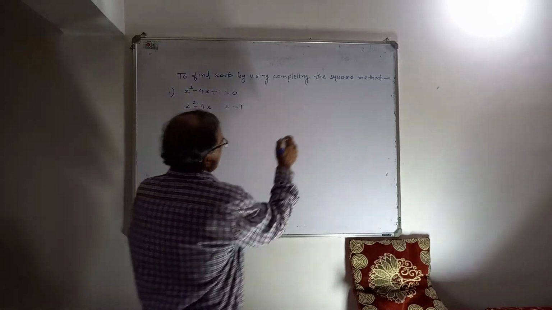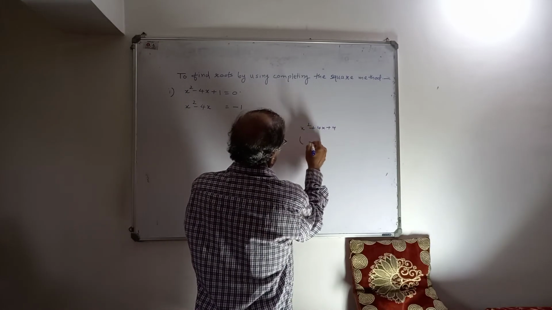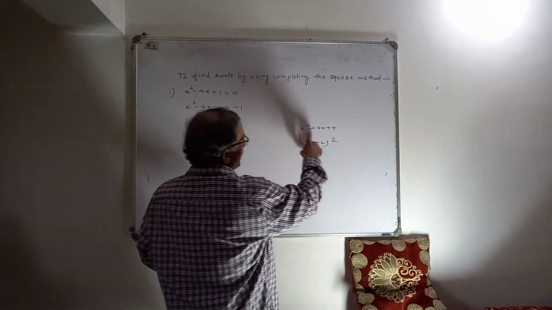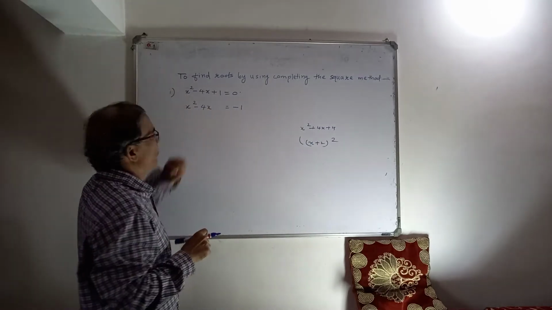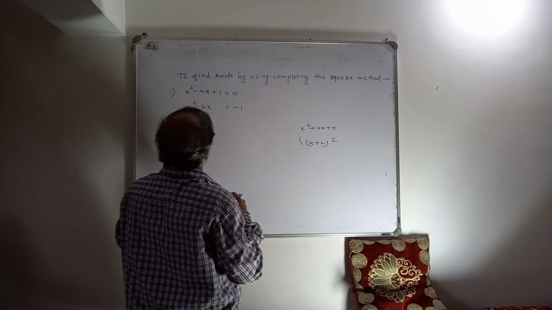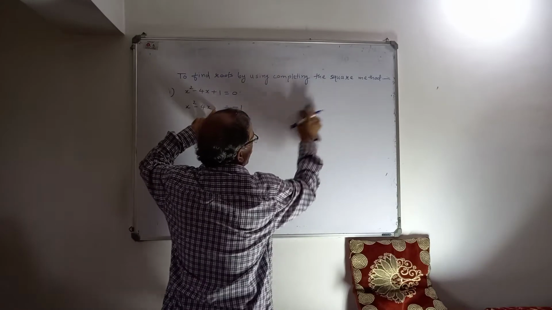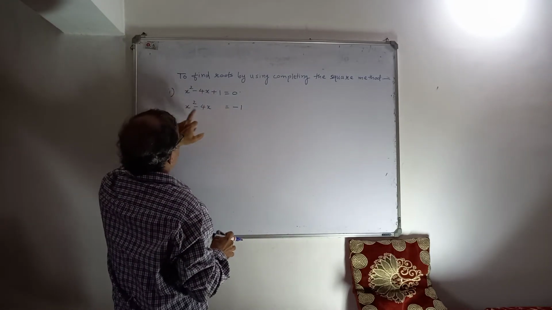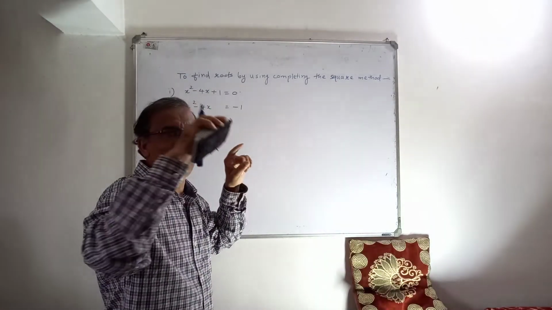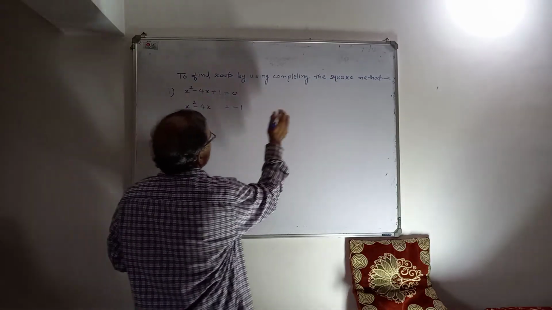Now for a whole square, just now I have told you x square plus 4x plus 4. This is x plus 2 whole square. For the given expression to be a whole square, there must be 3 terms, isn't it? Now here there are only 2 terms. So to convert this left hand side into a whole square, we have to add one more term. Now how to decide that one more term? This is first, this is second. Now the third term we have to add here so that it will be in the form a plus b whole square. So how is that third term obtained?